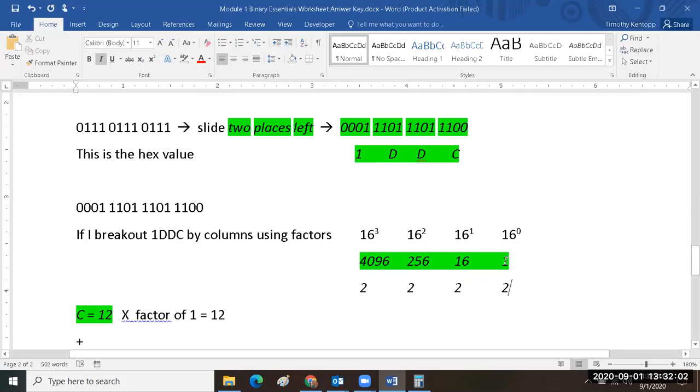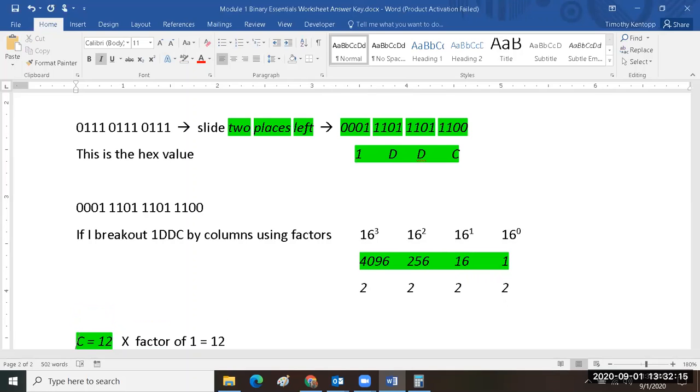I would have to multiply 1 times 2. That would give me 2, okay? Are you with me? Yeah, sure. Okay, so that would give me a 2,